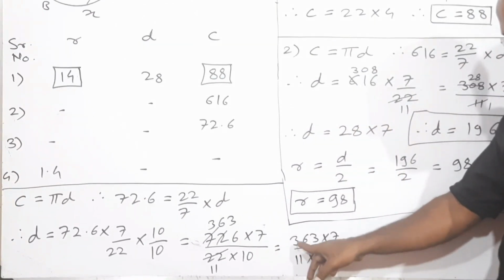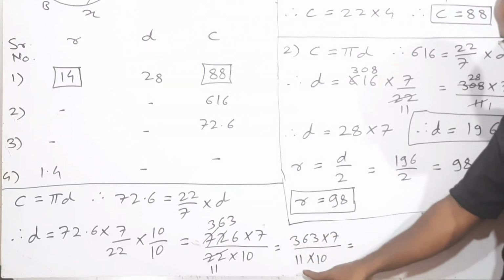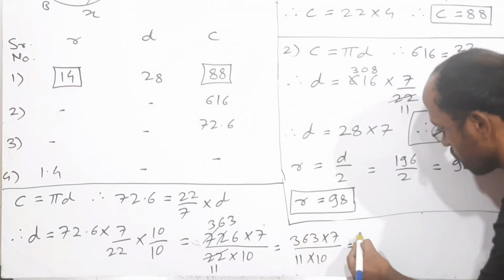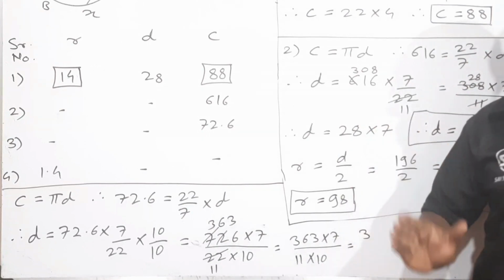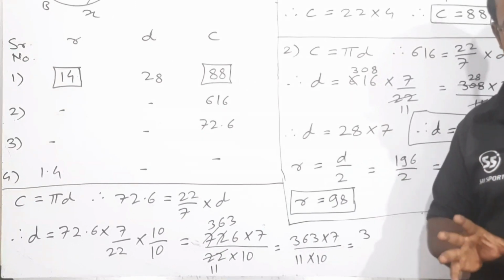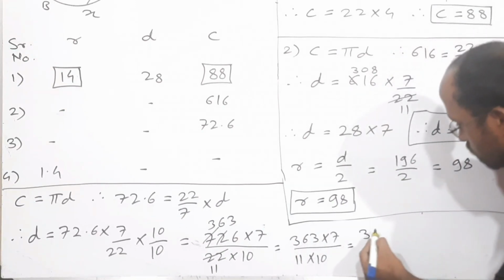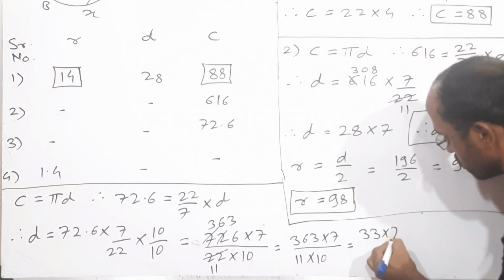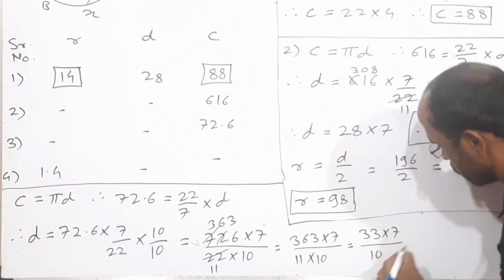11 is a prime number. We have to divide this 363 by 11. 11 3s are 33. 36 minus 33, 3 is the remainder. Append this 3 on that 3. The new number is 33. So 11 3s are 33. So the number is 33 multiplied by 7 upon 10, which is equal to